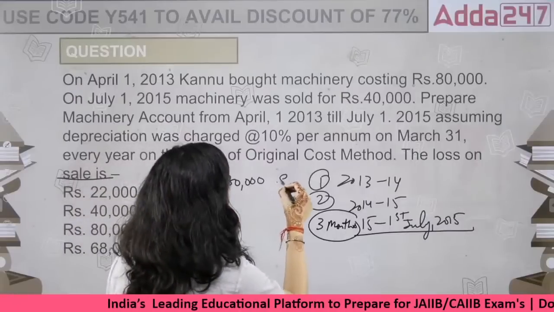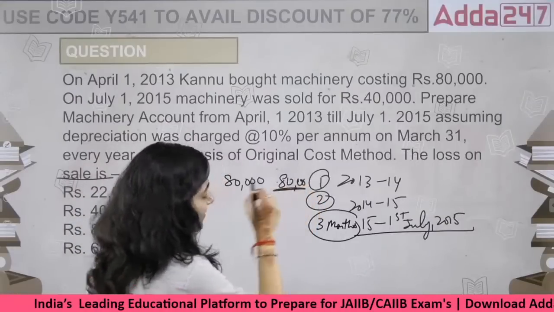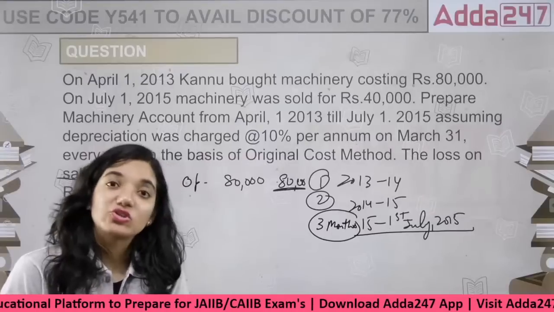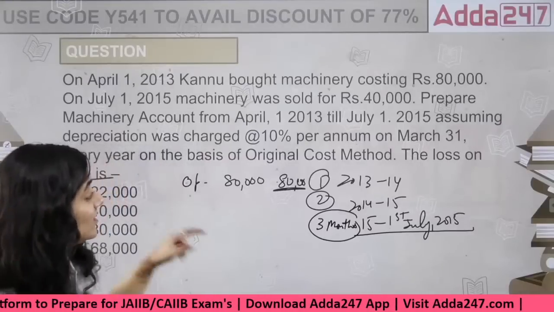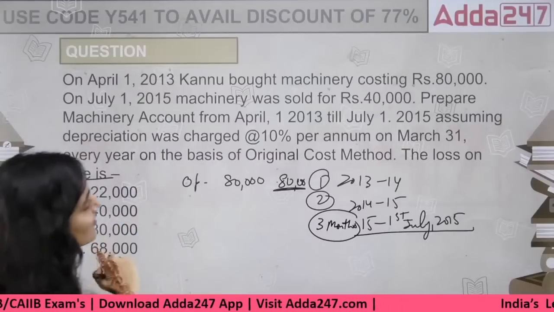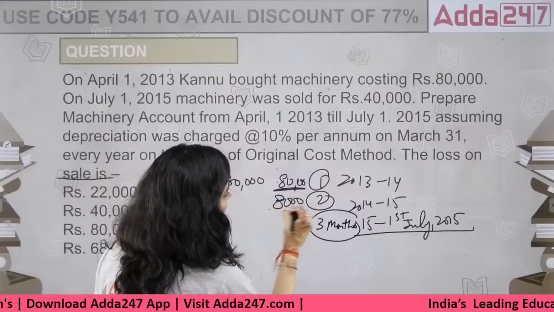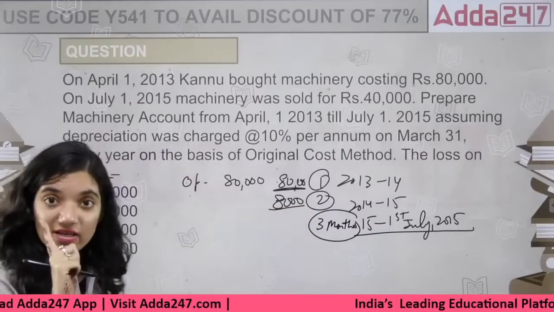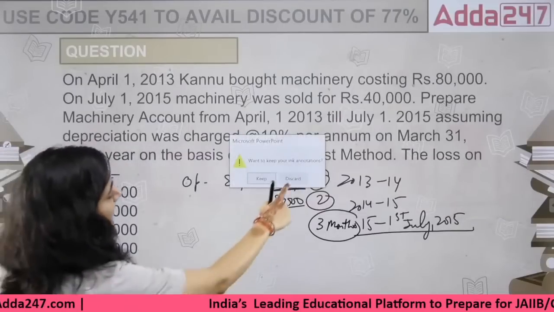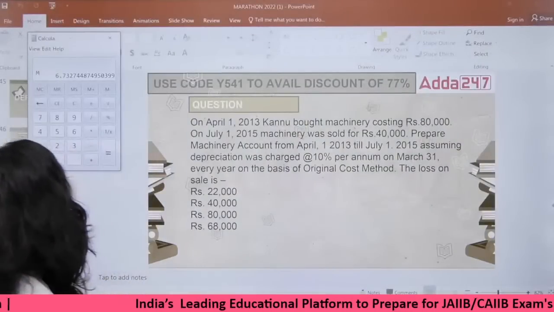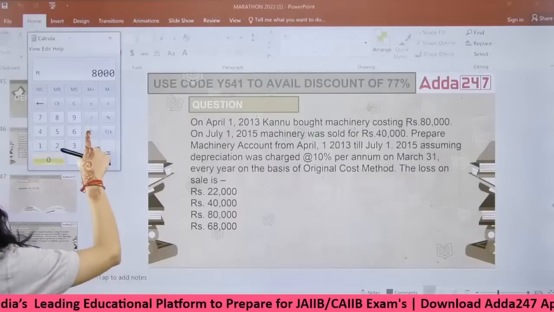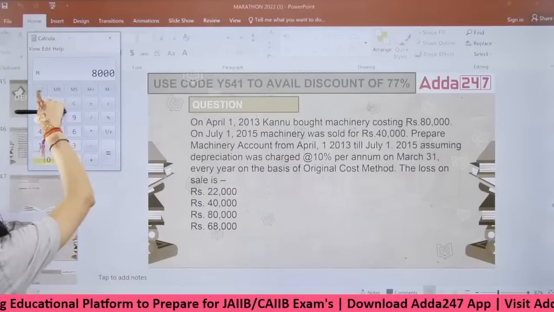This is 8,000 for the entire year. Since the amount doesn't change, always remember in depreciation, original cost means whenever you have to calculate the depreciation, it's on the original value of that asset. So if the original value was 80,000, we're going to calculate the depreciation on 8,000 only. It is 8,000 for the first year, 8,000 for the second year. What is the value for the third year? Is it 8,000 complete? No. How are we going to calculate it? 8,000 is for the entire year. Now I'm taking up 8,000 multiplied by,